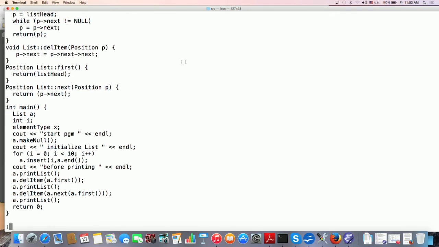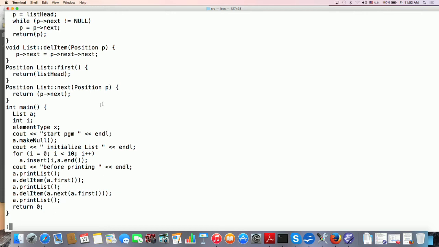Here there is a main over here. Notice that is a main function. I want you to look at this main function here. It knows that there is an abstract data type of type list. If you notice this piece of code here, we create an empty list, then I am initializing the elements in the list. I am just saying keep on inserting elements at the end of the list, print the list, delete the element at the first item in the list, print the list, delete it, and so on.